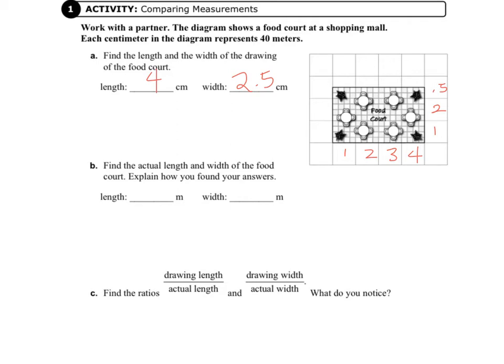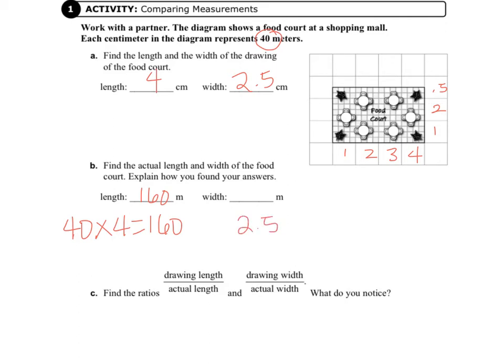And then it says find the actual length and width of the food court and explain how we found our answers. So we find our answers by multiplying our length in centimeters and our width in centimeters by 40. So 40 times 4 equals 160. So our length is 160 meters,